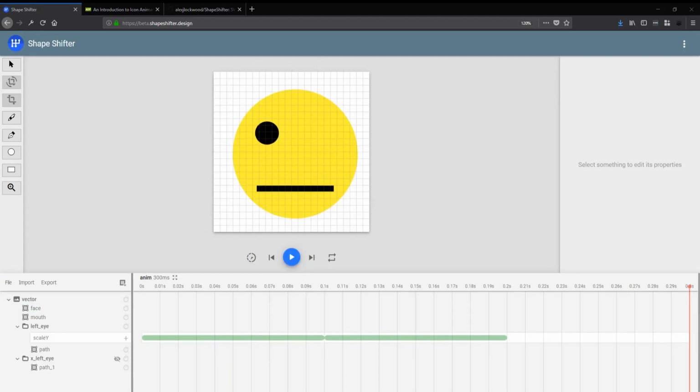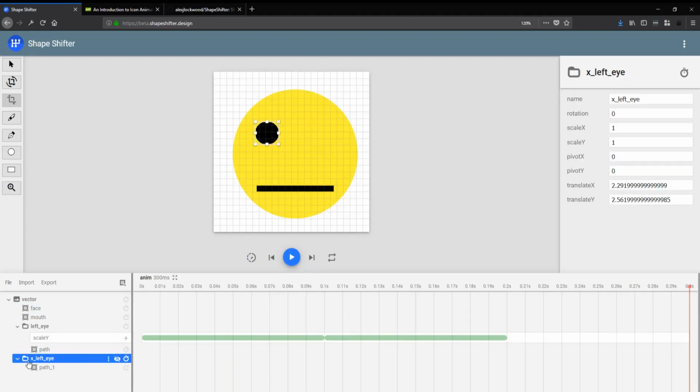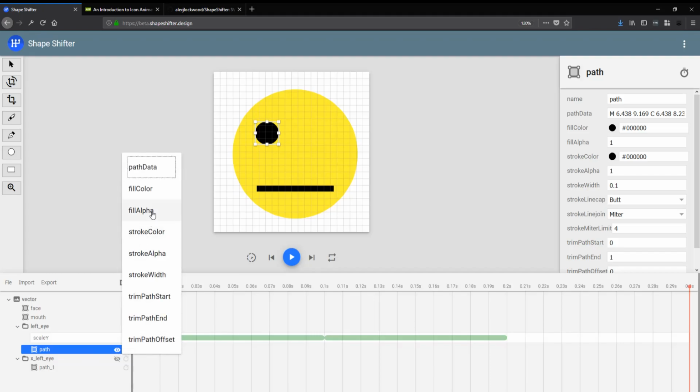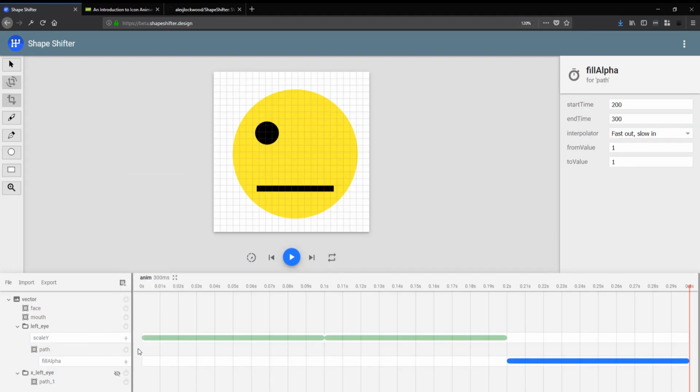So after the second blink, we want this X left eye to show up. So let's make another animation, and this time we need to do it directly on the path because fill alpha exists on the individual path and not on the group. We want to go from 1 to 0,